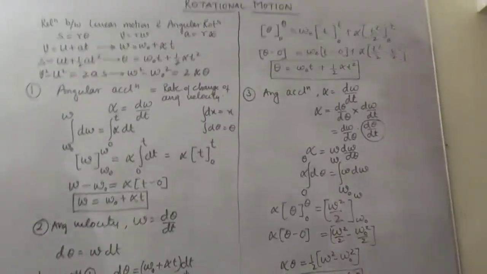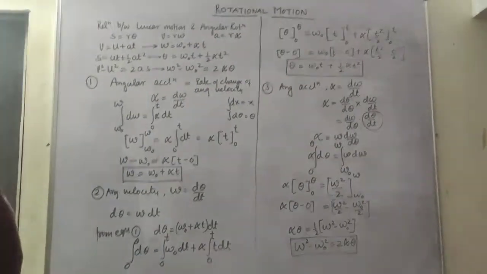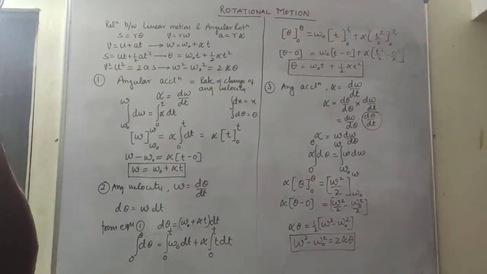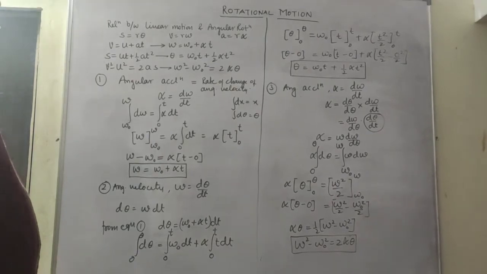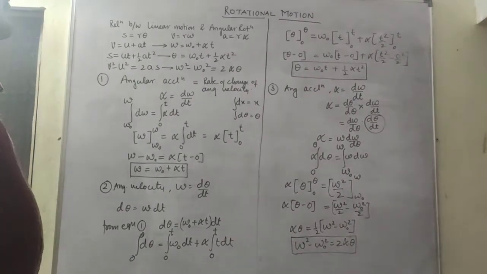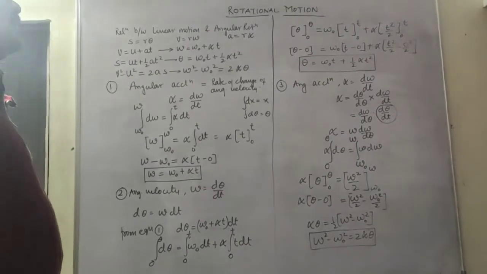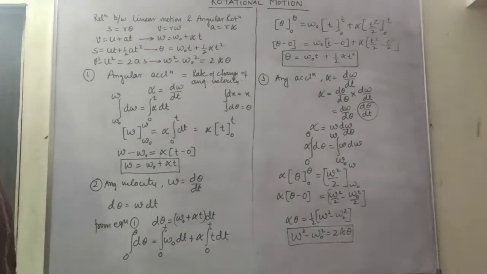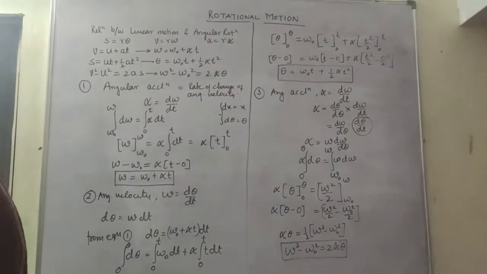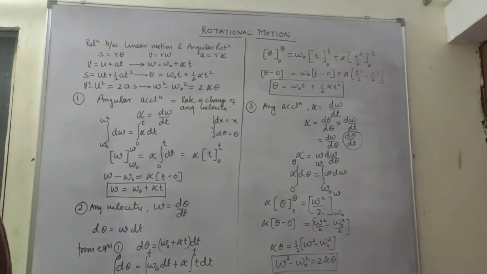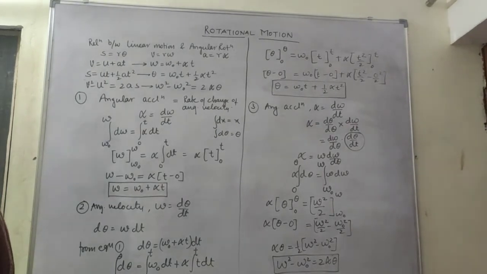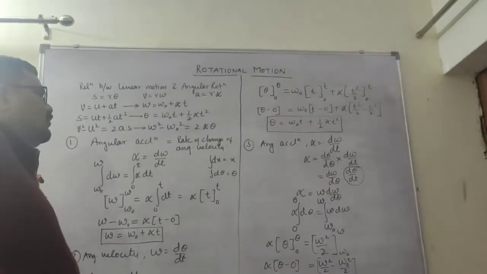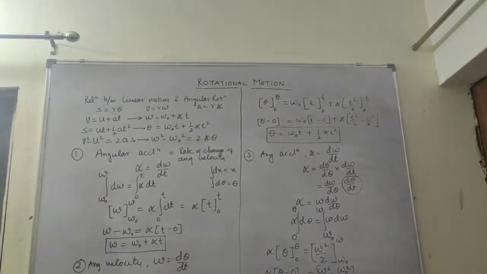So these are the three important equations of motion for kinematics in rotational motion. You have to apply them accordingly, as you have applied in linear motion. Be careful about angular frequency. Omega is also termed as angular frequency, unit is radian per second. And be careful about cycles per second, which will be taken as f. So this is about kinematics of rotational motion.